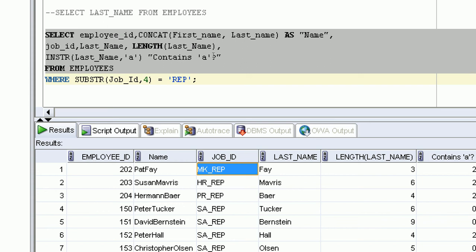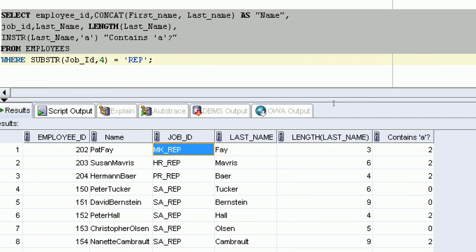In the last name, where is the position of A? Clear? So contains A. So you will see the position of the A is in each and every one. Clear? In the last name, the position of A is 2. The position of A is 2, 2, 0, and so on. Clear? Now from employees,